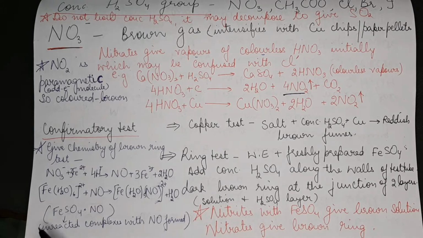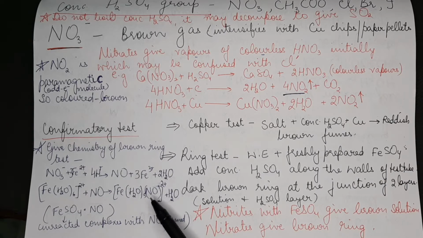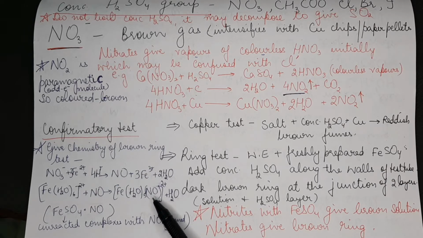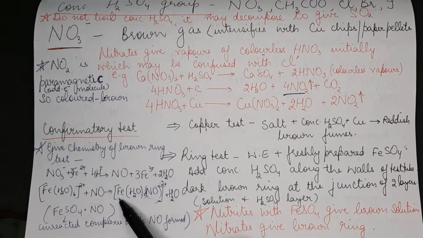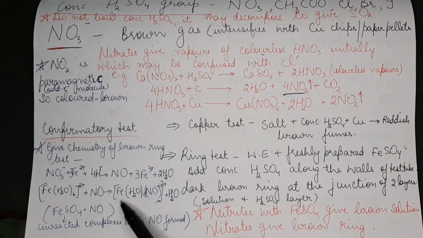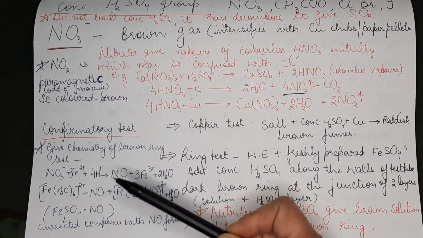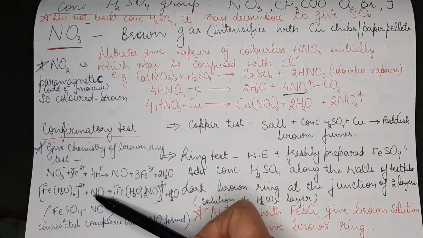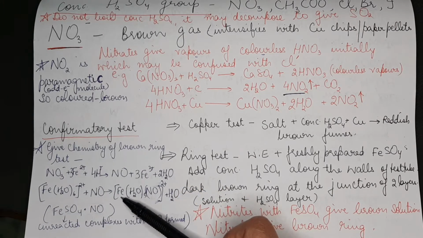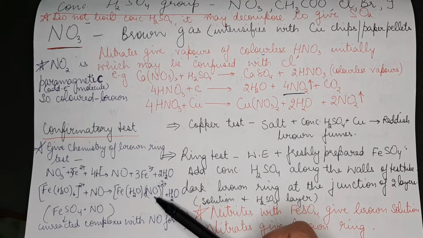So the complex with NO is formed. Sometimes this complex is expressed this way, or this is the proper formula of the complex. This is the formula of the complex in the brown ring test. And also remember, in this brown ring complex, iron is in +1 oxidation state. This is one of the important multiple choice questions that we do. Iron is in +1 oxidation state. Why? Because NO gives its electron to this Fe2+ and converts it to Fe+, and this NO itself becomes NO+.